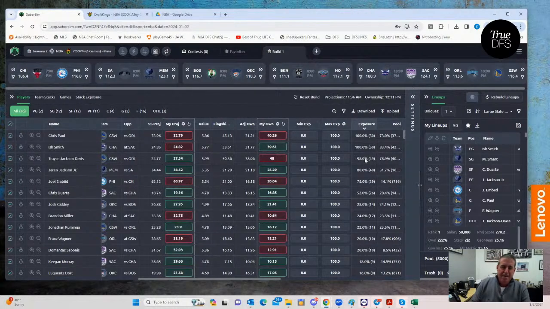Now, what you'll find is that in basketball, the difference between running things based on just raw projections, Saber score, and contest sims is much less than the difference you get in other sports. I'm going to be doing a hockey video a little later, and you'll see the difference with hockey. The difference with hockey is amazing between your raw projections, even your Saber score projections, and your contest sim projections. Speaking of which,